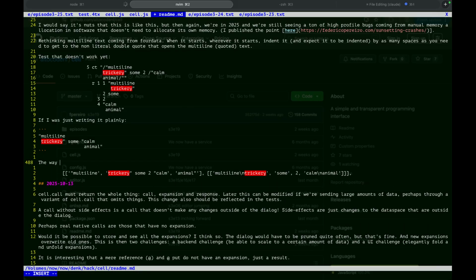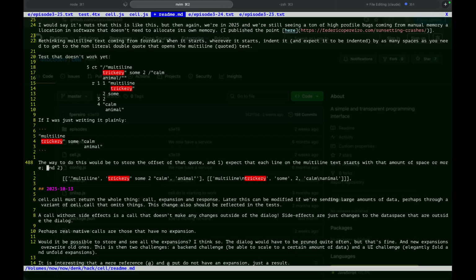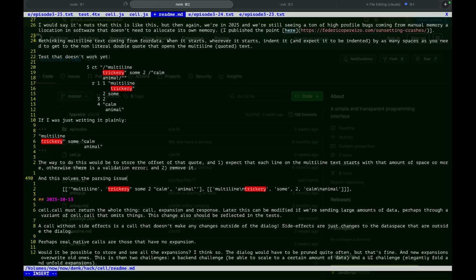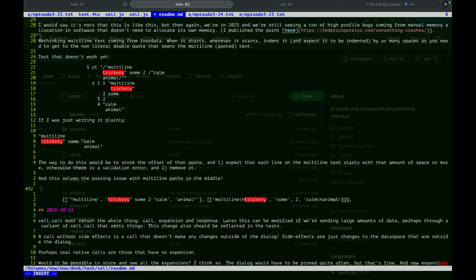And the way to do this would be to store the offset of that quote and one, expect that each line on the multi-line text starts with that amount of space or more, and two, otherwise there is a validation error, and three, remove it. Yeah, and if you have something in the middle, this solves the parsing issue with multi-line paths in the middle, because you could do something like